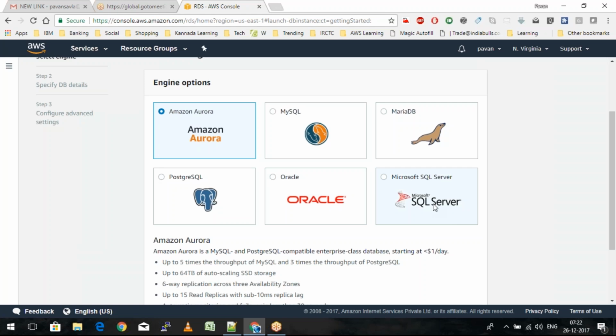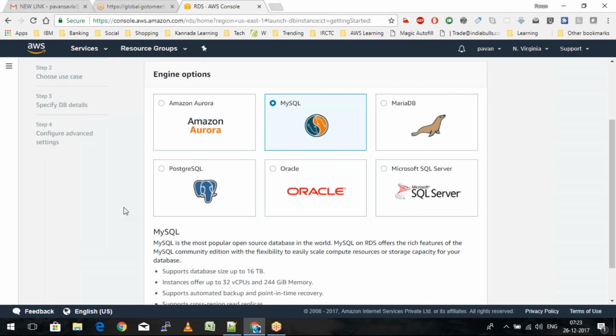So I do not have to worry about the installation or the patches and other things in terms of database as a service. It is already pre-installed on some operating system. We are not sure whether it's a Windows or Linux operating system on which this database is installed. The service is just ready. I just need to get the endpoint, and then I get connected and start creating my own tables and play around with these databases. So in our case, we are going to select the MySQL database here,